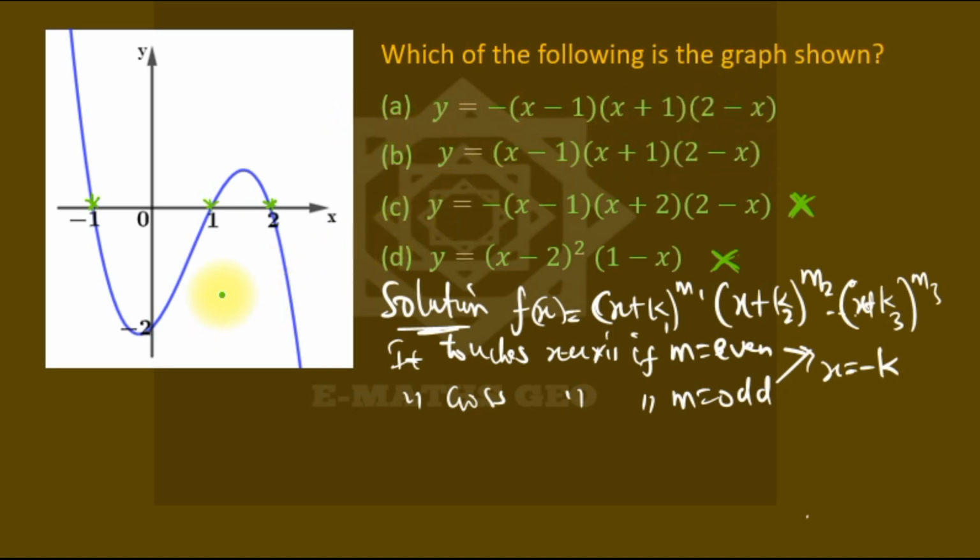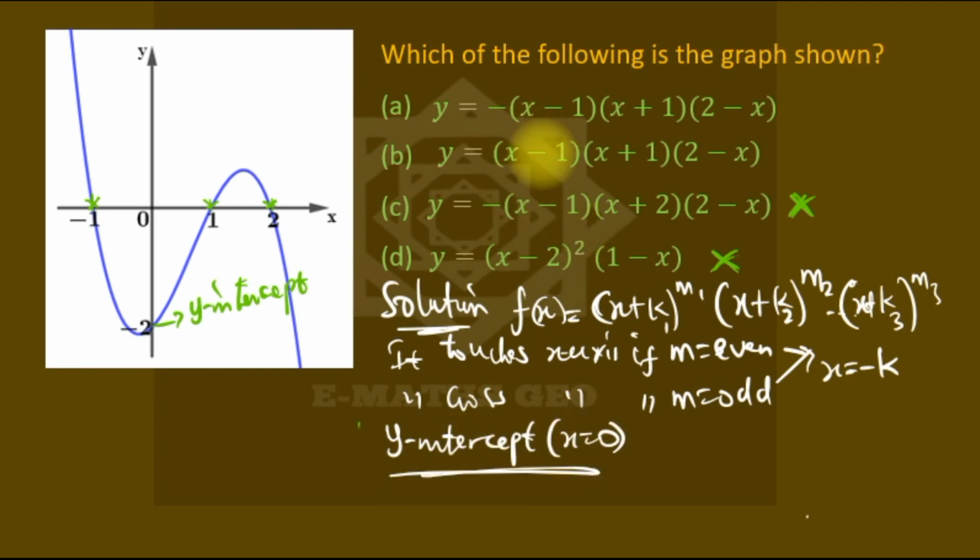How do you know which one? So we use the next option, which is the y-intercept. Are you seeing y equal to, this is the y-intercept, meaning x is 0. So what do we do now? We substitute the value of x to be 0 to know whether we'll get minus 2. So using the y-intercept, meaning x is 0, let's substitute x as 0 in all the remaining ones to know whether we'll get